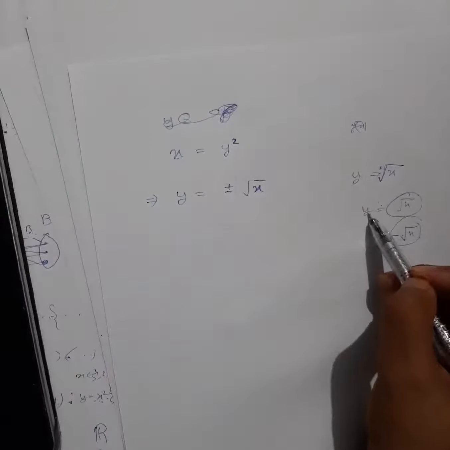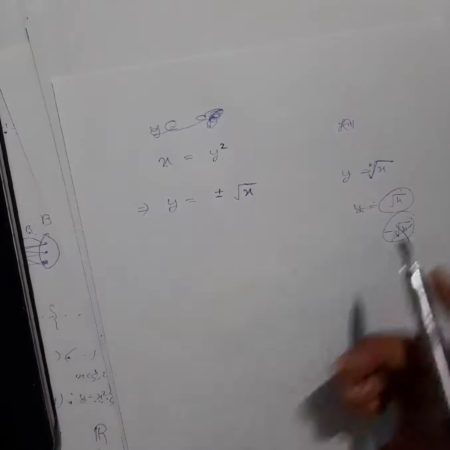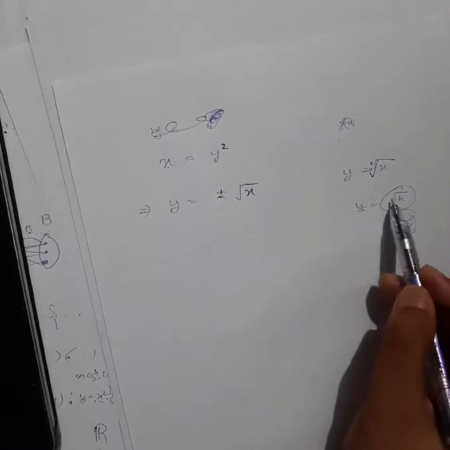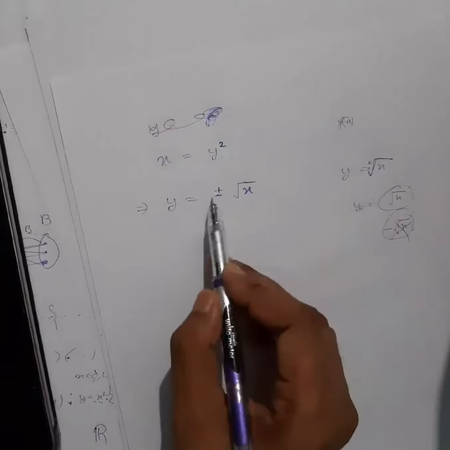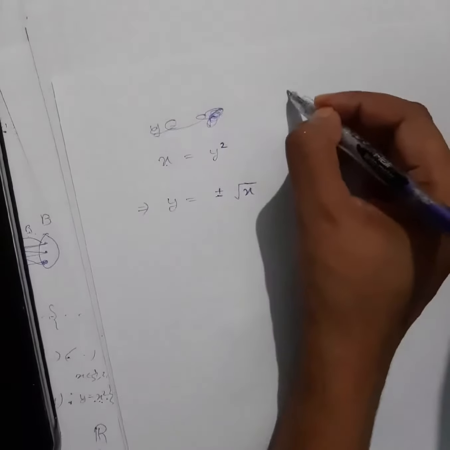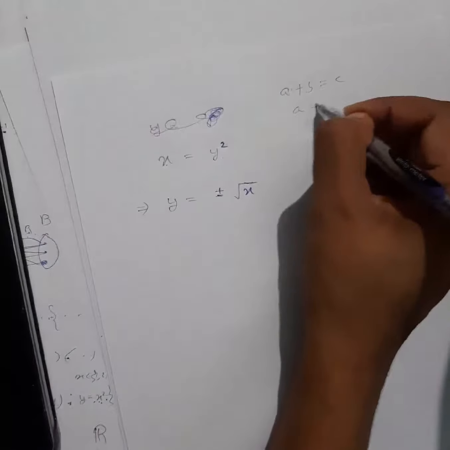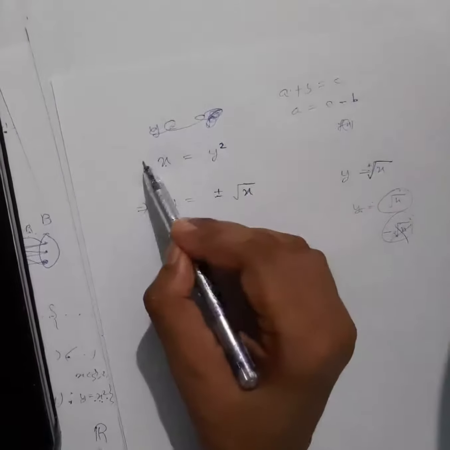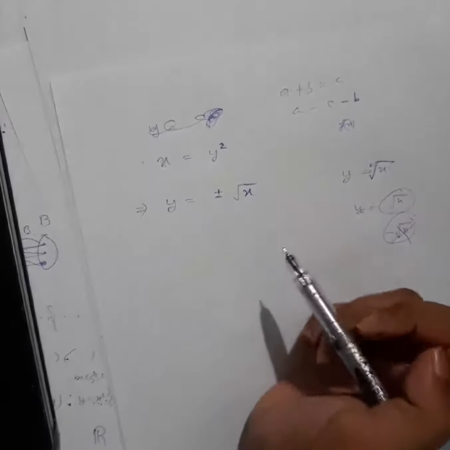Now it depends, if y is a length, we don't take the negative one because length cannot be negative. In lower classes mostly length is discussed, so maybe some teachers may not have told you that it will be plus minus. But remember, when you shift this square from this side to this side, like for example in the equation a plus b equal to c, when I bring b to this side, it will be c minus b, you know it becomes negative, right? In the same way, a square shifted to the other side becomes a square root, but it will be plus minus square root, not only one, okay?